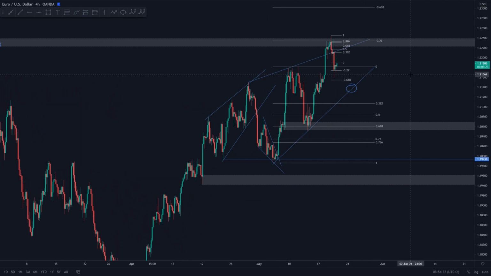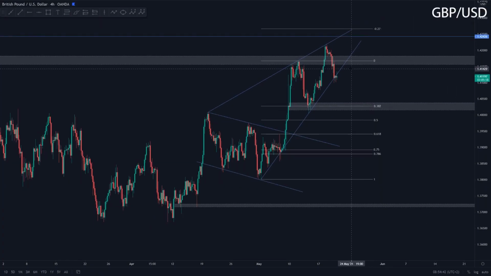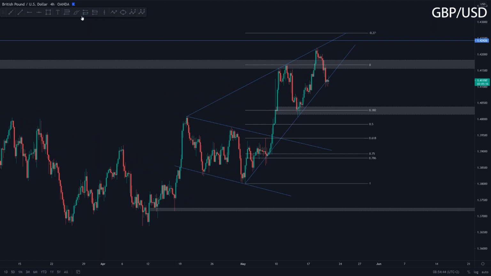Let's head over to pound dollar. And pound dollar, as anticipated, started crashing towards the downside after the third trendline touch of the ascending wedge over here. So what is next for pound dollar? Well, we're really dependent on how we react to this third trendline touch of the lower trendline of the ascending wedge. So we need to break that trendline. So essentially what we need is to break also this low over here, because once that low is broken, we will be in a downtrend on the 1 hour.